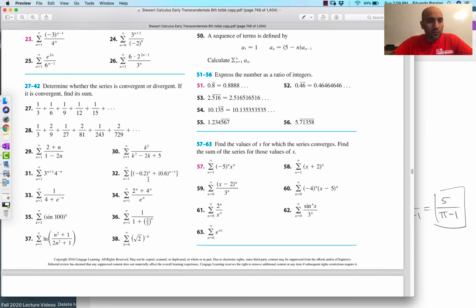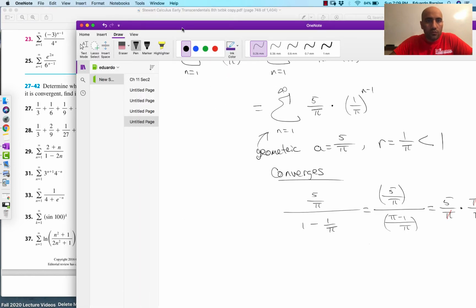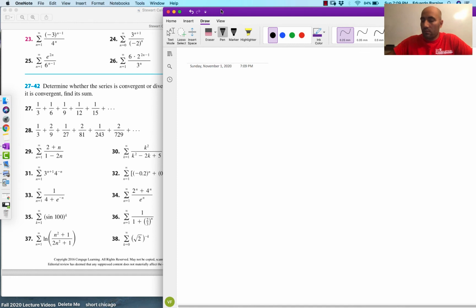How about something like number 28? Determine whether the series is convergent or divergent. If it is convergent, find its sum. Okay, so that's an interesting one. Chapter 11, Section 2, number 28. And we're given 1/3 plus 2/9